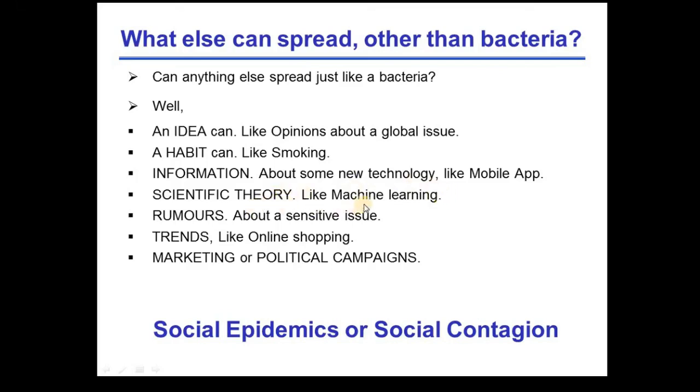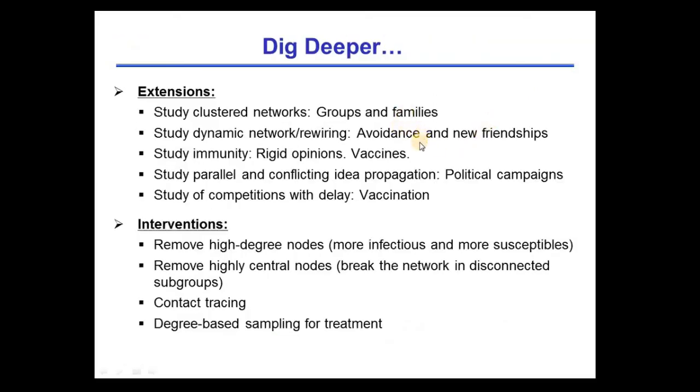Scientific theory, for example, machine learning, it has become a boost, it has shown a revolution in the last few years, and it propagated from person to person. Okay, rumors, sensitive issue rumors, they spread very fast through our social network. Trends like online shopping, it was not there even like 10 years back, right, but now everyone shops everything online. So this way, marketing and political campaigns, obviously they spread from person to person in social networks. So this way many different things can spread in the same way, like the simulation technique that I have just taught you. So I request you to dig deeper